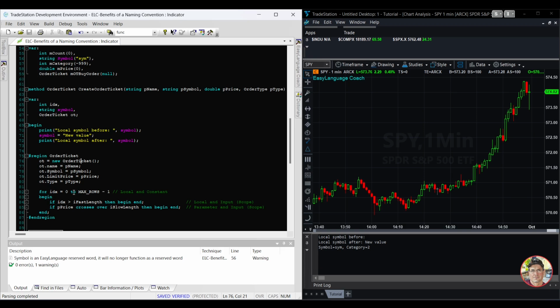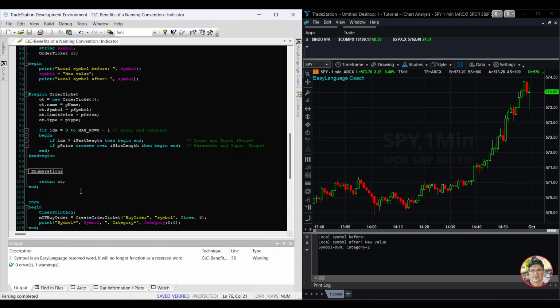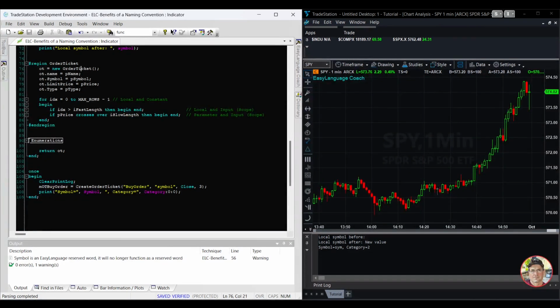Inside I have some code that shows you how to determine where these variables are declared. This is a local variable against an input because it starts with an I. Here we're looking at a parameter that crosses over an input. If we come down here and we look at enumerations,